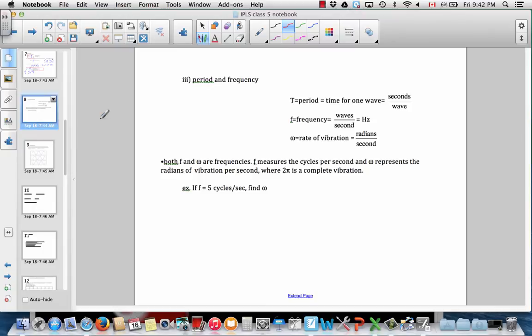Okay, now there's another way. There's some other variables that are important to describe a wave. Period is the time that it takes for one wave cycle. That's in seconds per wave. That's the reciprocal of frequency, because frequency is waves per second, period is seconds per wave. Now there's another way to measure how quickly a wave is vibrating, and that's known as the rate of vibration, and that's in radians per second. Now, since a wave is a full 2 pi radians,